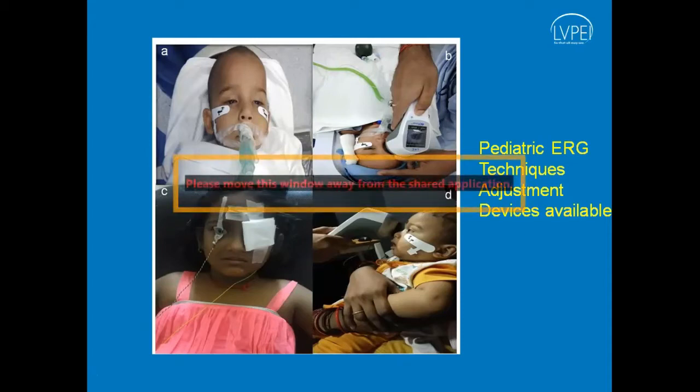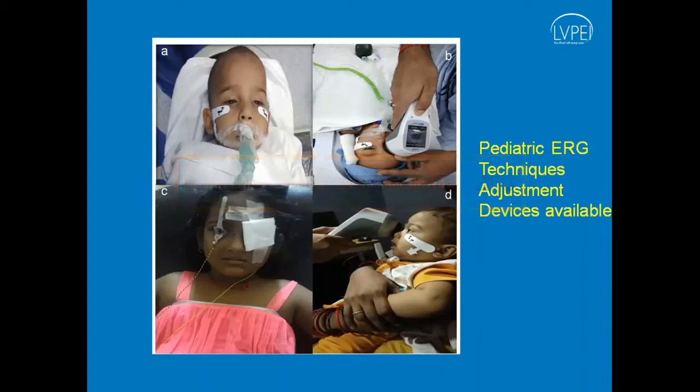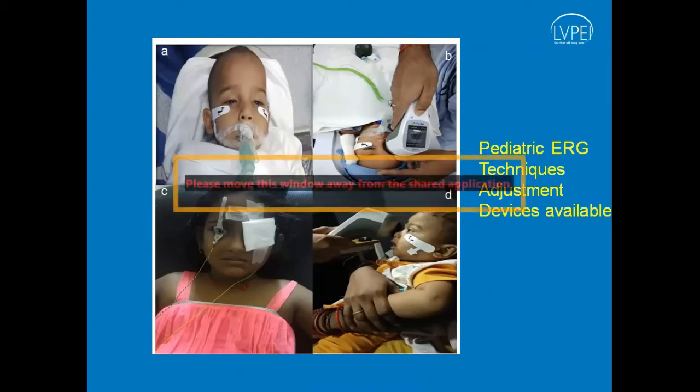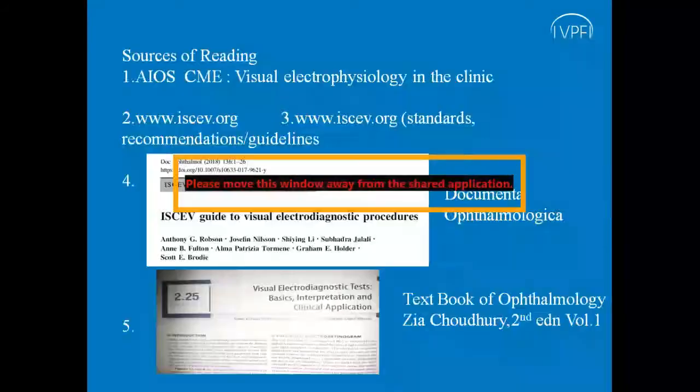So if you see an extinguished response or flat response in a prematurely born baby, one may think that there is some pathology, but actually it is a response that has not matured and is likely to mature with time. That is why all the responses need to be analyzed with respect to the normative data for that age group, for that setup, for that type of testing condition, and has to be taken in context of clinical diagnosis. So I stay here.